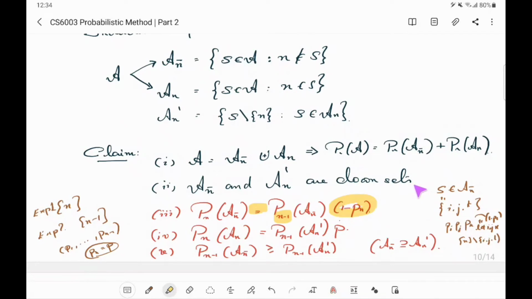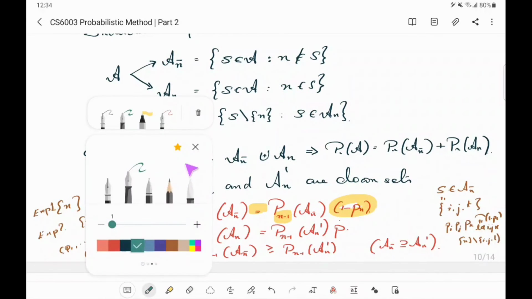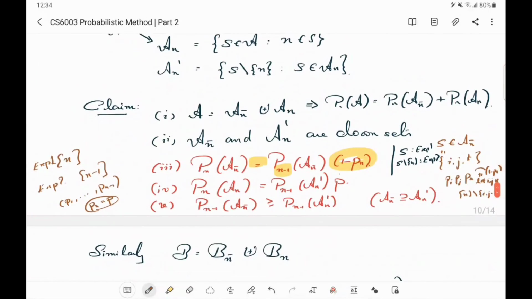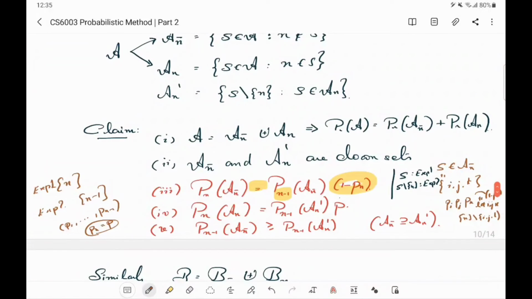Okay, so but here you are comparing S in experiment 1 with S minus n in experiment 2. Okay, so that is why you get a P here and not a 1 minus P. This also, the same thing I said earlier applies. You should rather pause and verify that this is true rather than me speaking more things, which will not really help here. Now in the earlier case, we had a comparison between sizes of An bar and An prime,